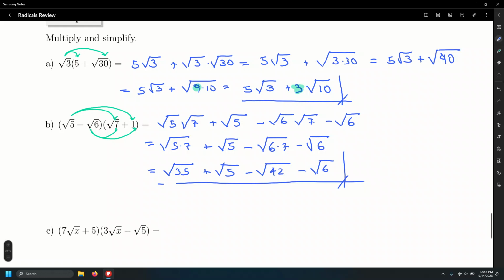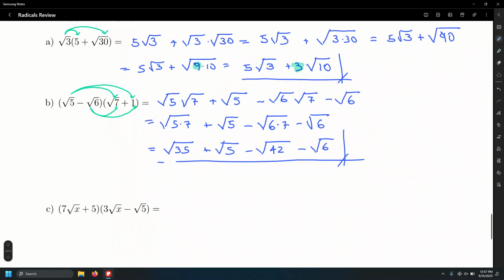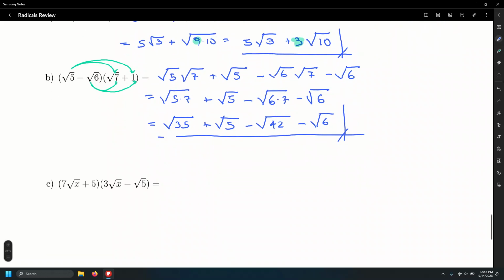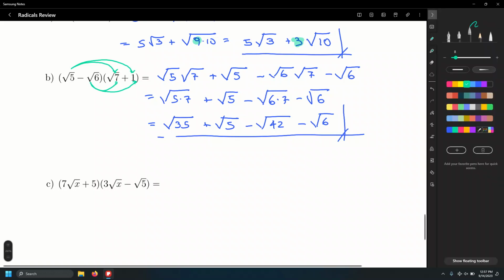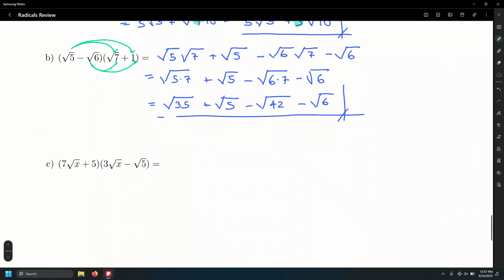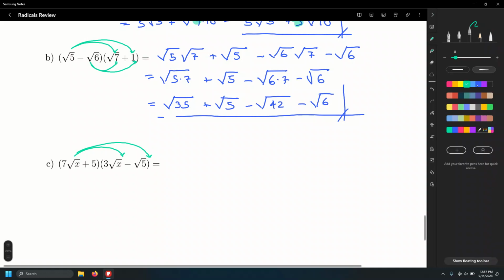Let's have a look at something like letter C. Letter C, well, that's a product of two radical terms, but these ones now contain variables, contain the x's. Okay, so that'll be okay. We're gonna do the same distributive property or FOIL, and that's gonna be, well, number one,